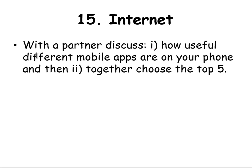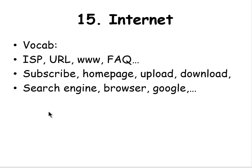So, how useful are different mobile apps? So maybe we can look, if you don't mind, together we can look at some of the apps we have on our phones, and then maybe talk about how useful they are and choose the top ones that we use the most. So that will be very interesting. Many words, of course,